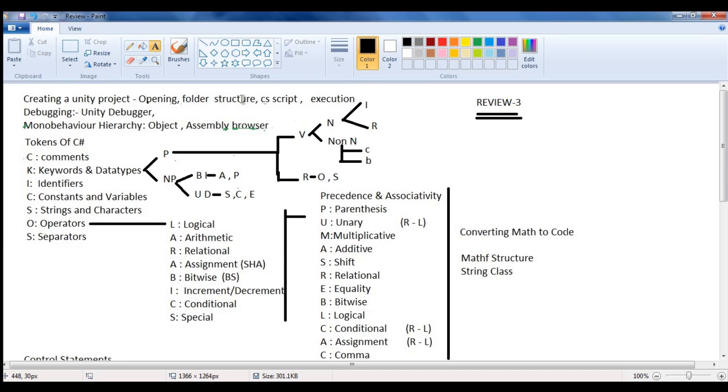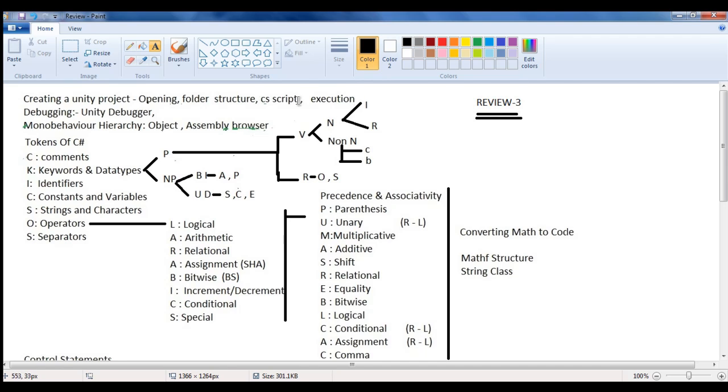And the Library is the one which holds the different libraries that we are using in the project. Assets contains all the game assets like images, video, audios, 3D models, scripts, a lot of things. Then after that we have seen how to create a C# script and how the C#